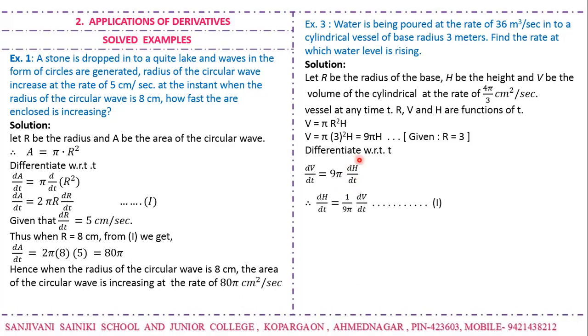So what is dH by dt? Then dH by dt is 1 upon 9 pi dV by dt. This is the equation number 1. Why have I simplified for dH by dt? Because we want to find the rate at which water level is rising. Water level